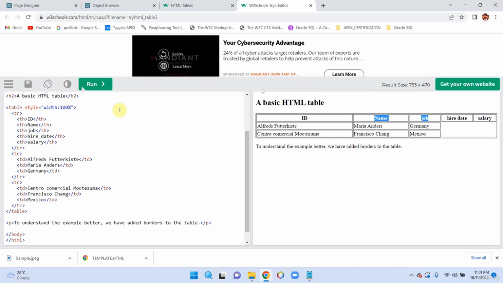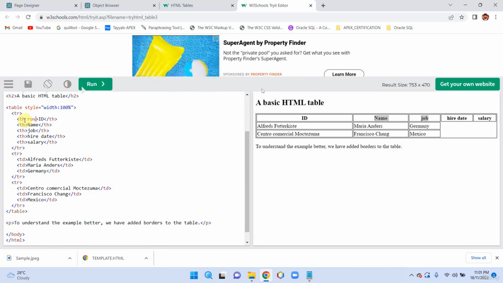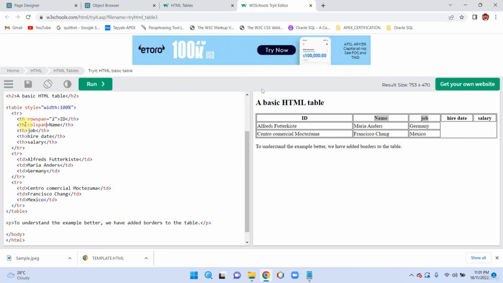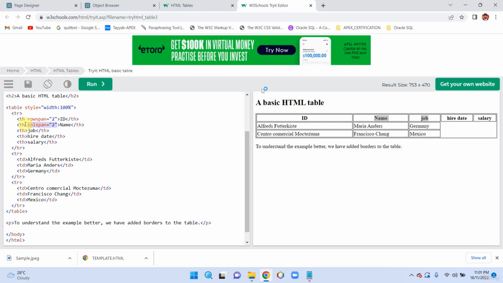For this purpose I need to use rowspan equal to 2, and then for name I need to use colspan, and it is also 2. So this we will use with the other column, which is job. Okay,